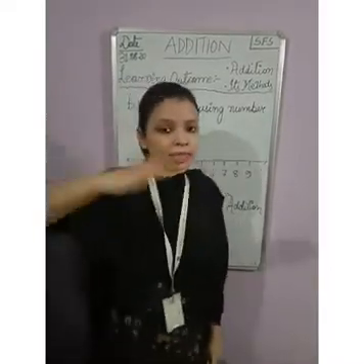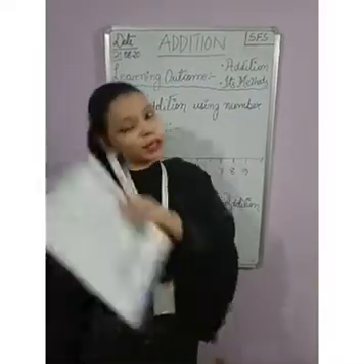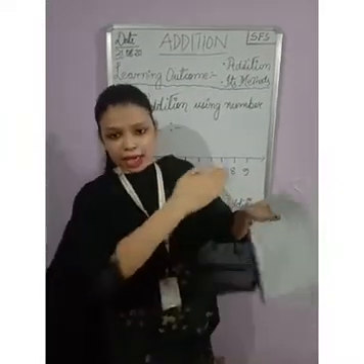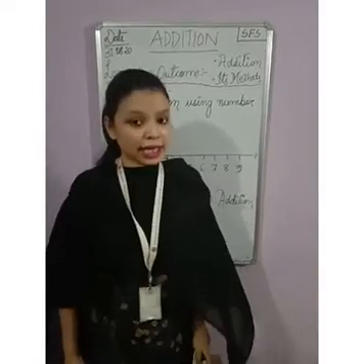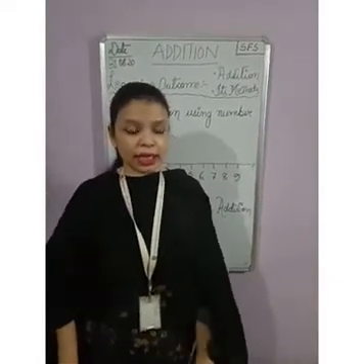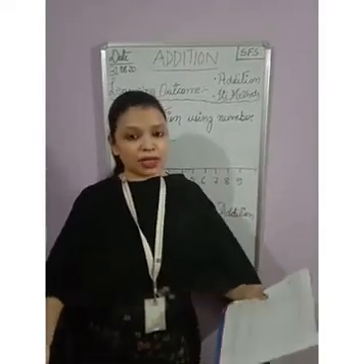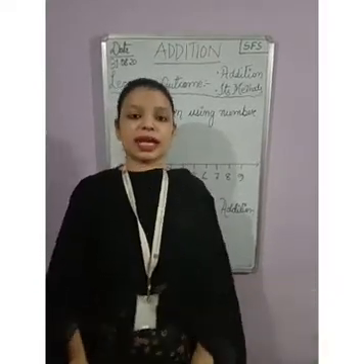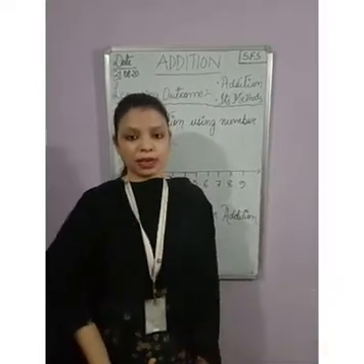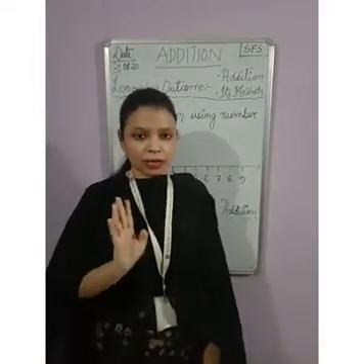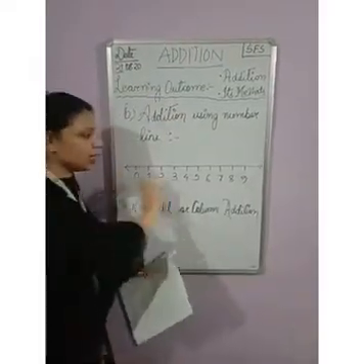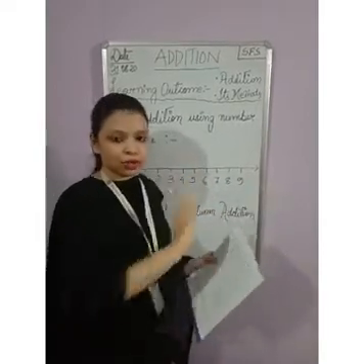Horizontal is sleeping line, they are sleeping. When you sleep on the bed, you are lying on the bed, isn't it? And when you are standing, like for the assembly in the morning, when the teacher says in the live class to stand up for the morning assembly, you stand up. This is vertical. So this is vertical and this is horizontal. Now this number line is in horizontal position.